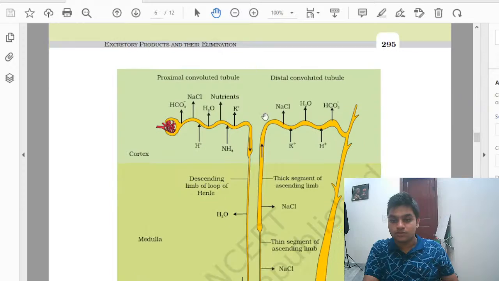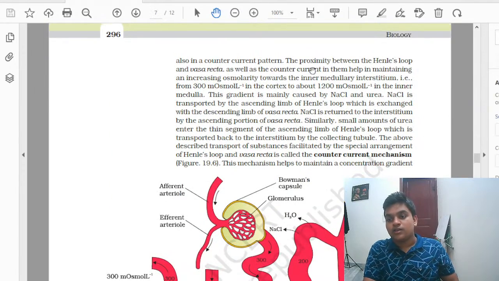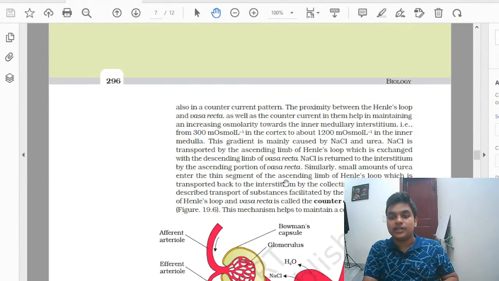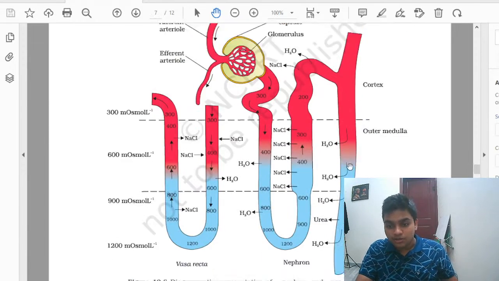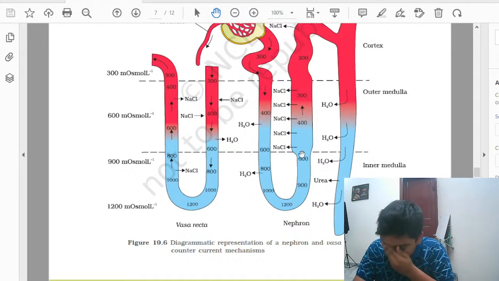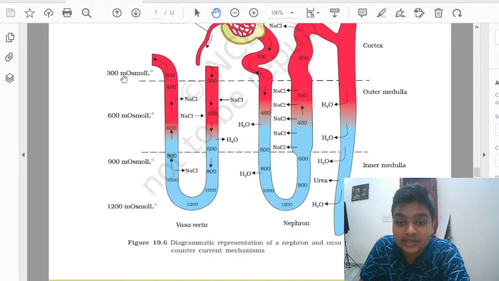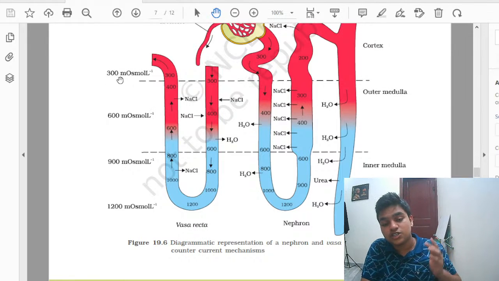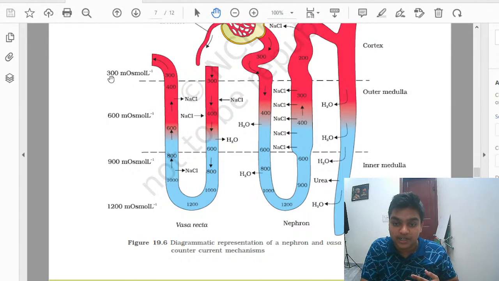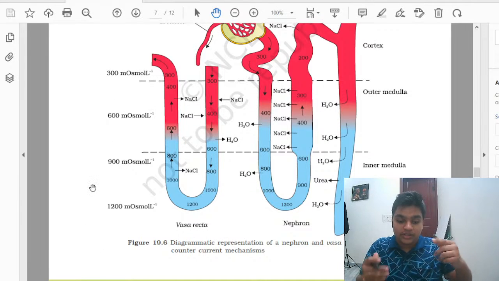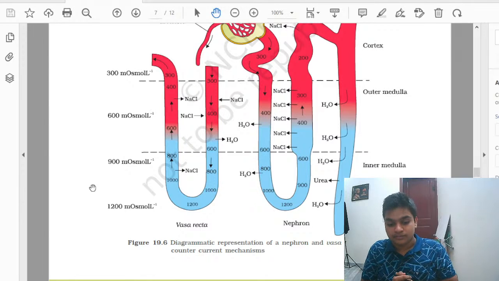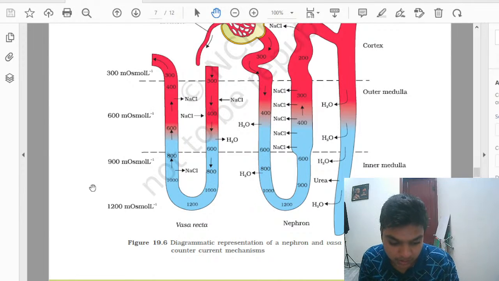This also helps in regulating the increased osmolarity towards the inner medullary interstitium. Now the medullary interstitium or the medullary fluid is increasing. The osmolarity or concentration of the medullary fluid increases gradually from 300 to 600, 900, 1200. Now this increasing thing,